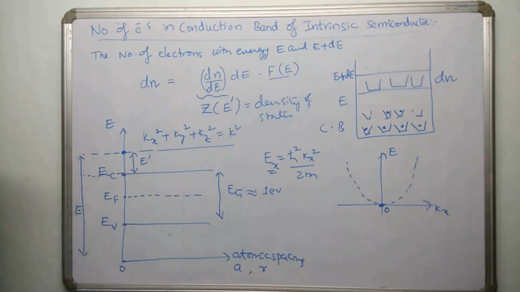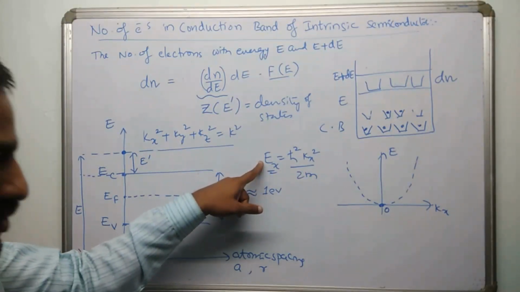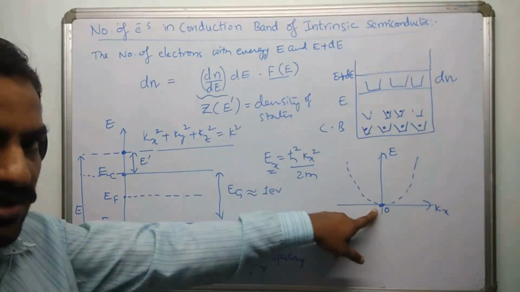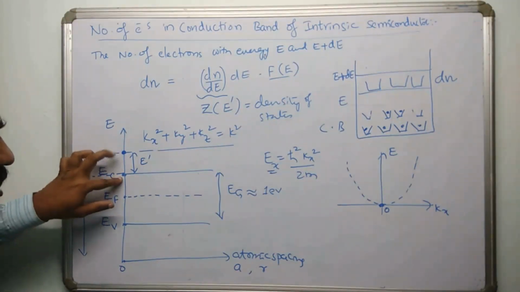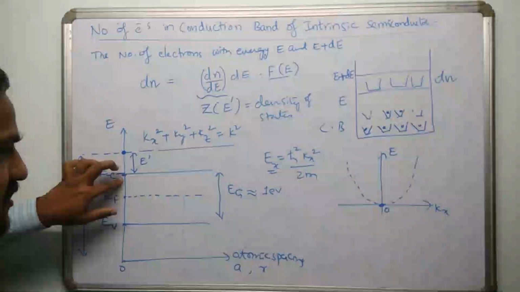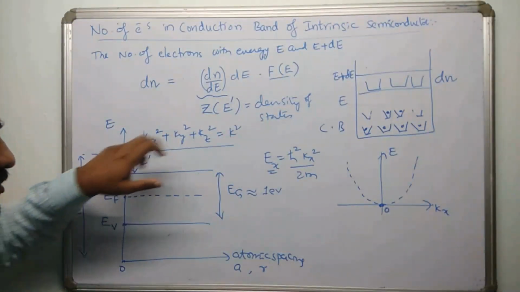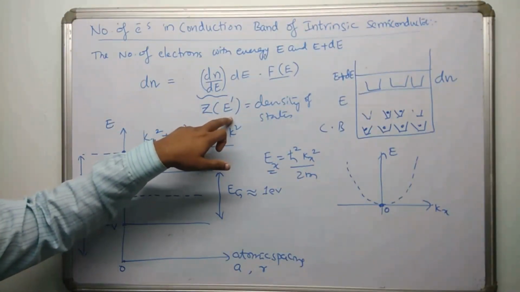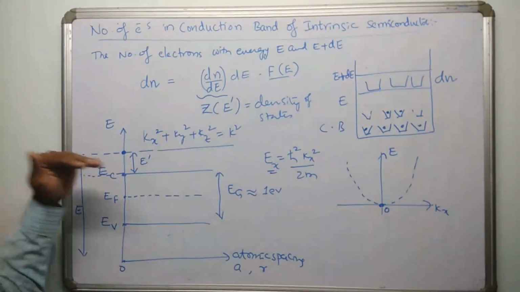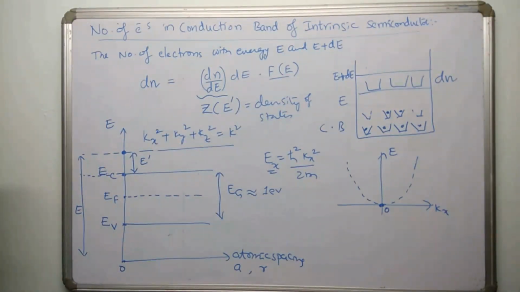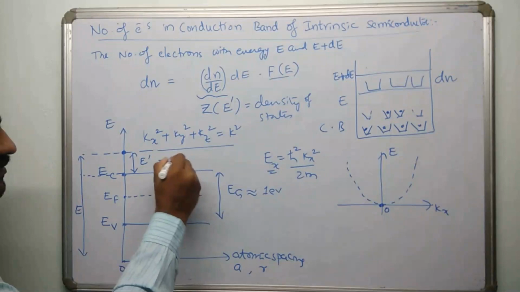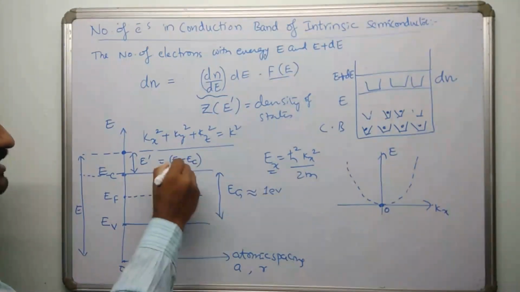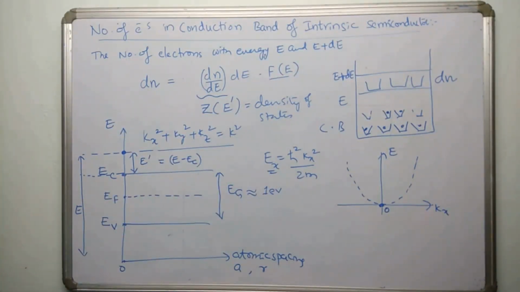I hope you understand this. So whatever E's that we have used, these E's are starting from 0th energy. So conduction band edge is the 0th energy, and from here only we have taken the electrons' energies with respect to this. So whatever E dash we are writing over here is referring to the energy of the electron with respect to conduction band edge. So you can easily conclude this E dash is the difference of these two, so E minus EC, right? Wherever you get E dash, you can safely replace it with E minus EC.